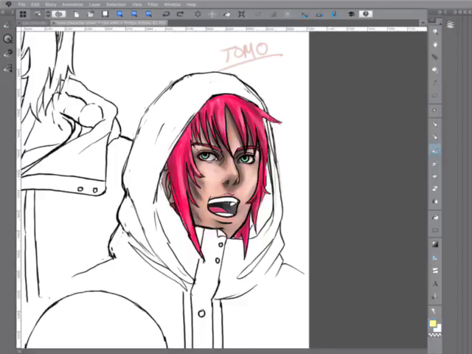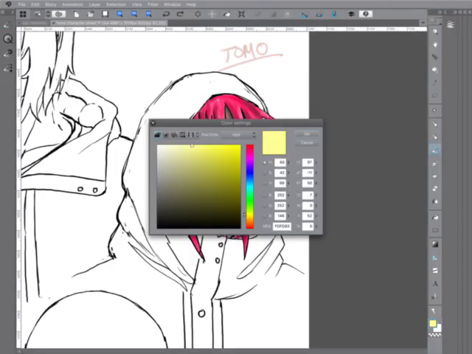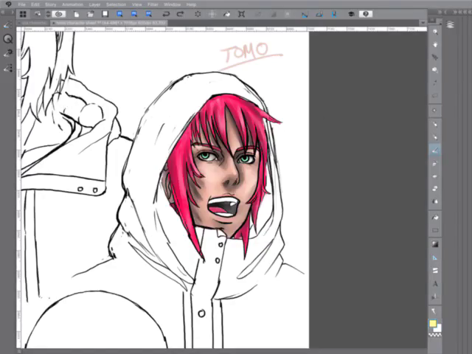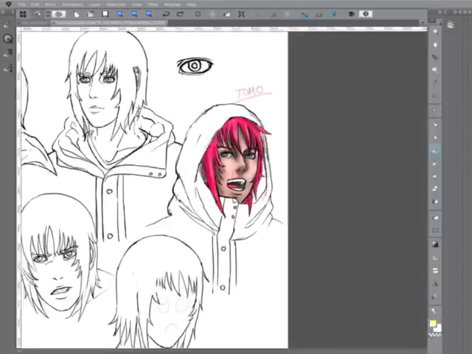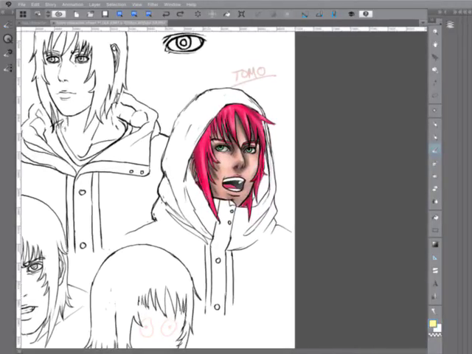I don't think so. He's supposed to be kind of like leaning toward medic, doctor type character. So I don't want to leave it white. That's boring.